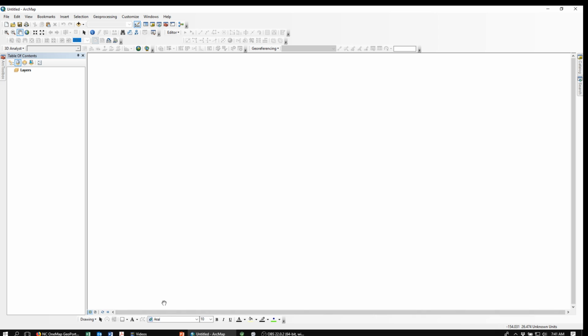Okay, today we're going to learn how to do table joins to join attribute tables of different shapefiles. I'm going to get some data from North Carolina, my home state, and it's particularly relevant right now. We're going to look at CAFOs, concentrated or confined animal feeding operations, most particularly hog or swine operations in the